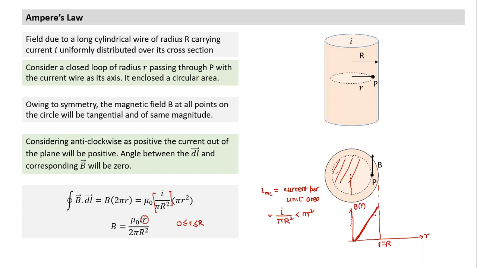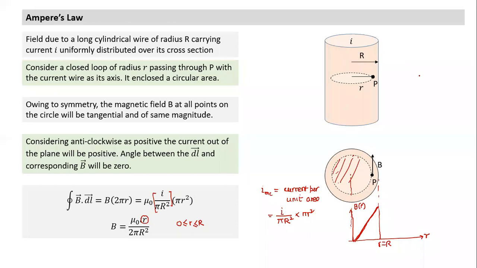Where else? Gravitation. Great. Gravitation is also the same thing. How does the field vary inside the surface of Earth? It varies linearly. At half the radius of Earth, g will become g by 2. At a point at one tenth of the radius of Earth, it becomes g by 10, and likewise. This is how the field varies.